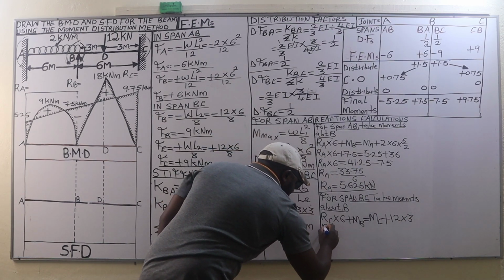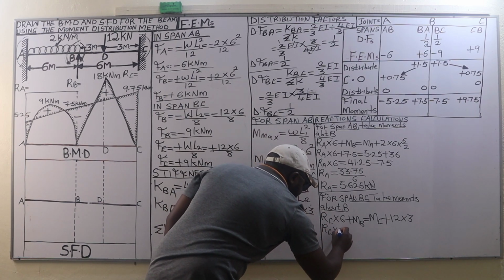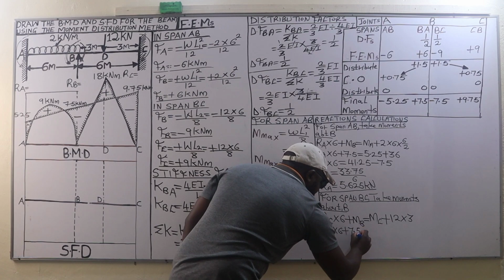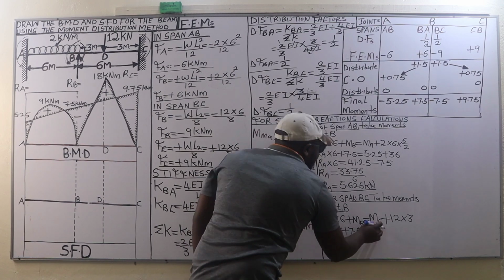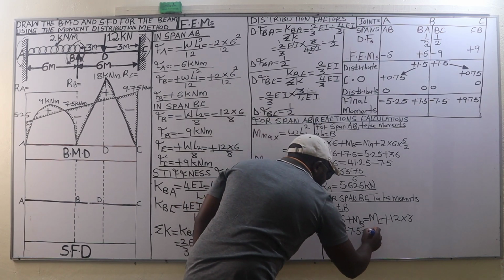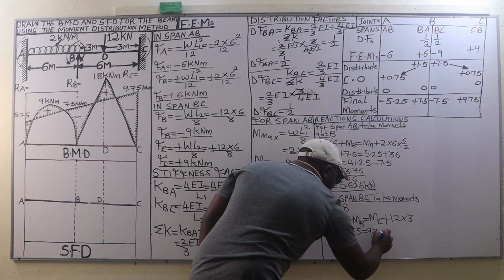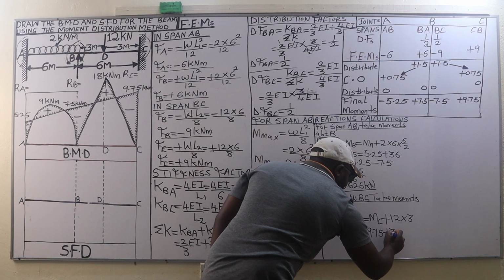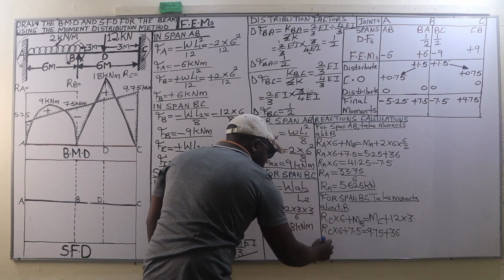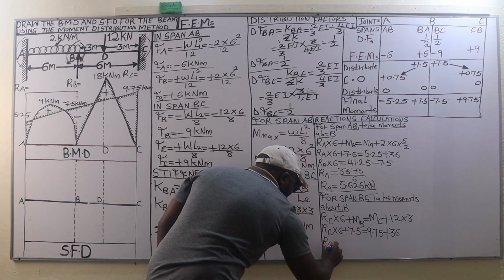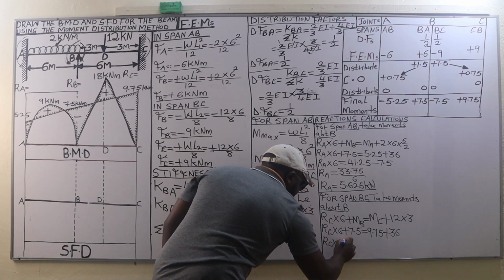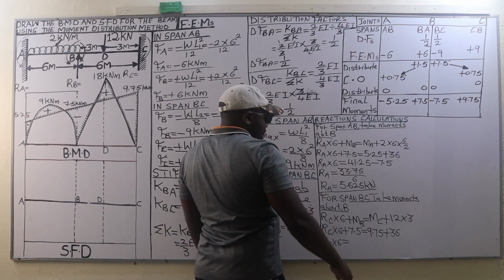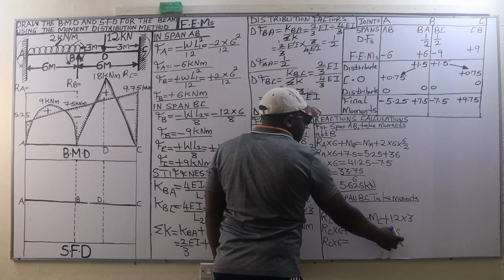This is going to lead us to RC times 6 plus MB, which is 7.5 kilonewton meters, is equal to MC, which is 9.75, plus 12 times 3, that is 36. This is going to give us RC times 6 being equal to 9.75 plus 36, that is